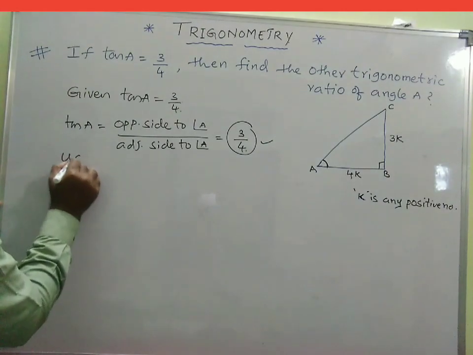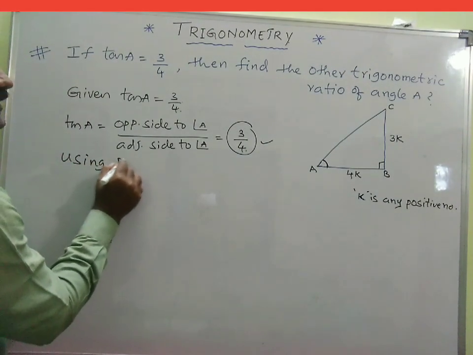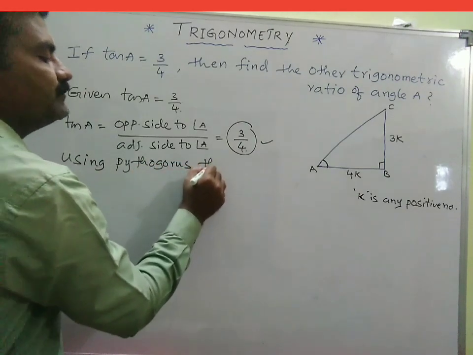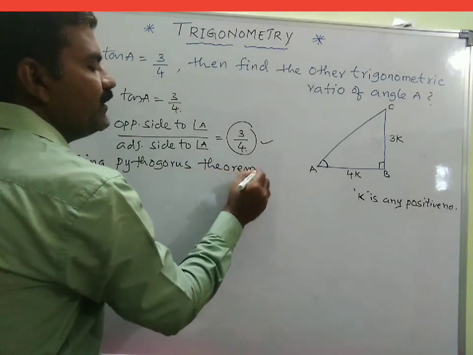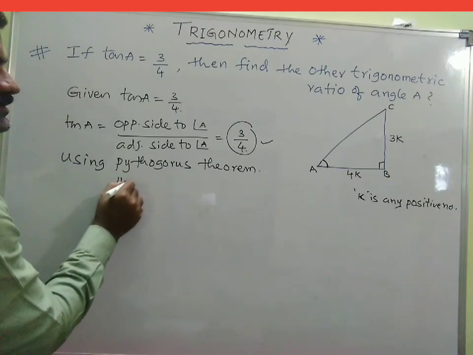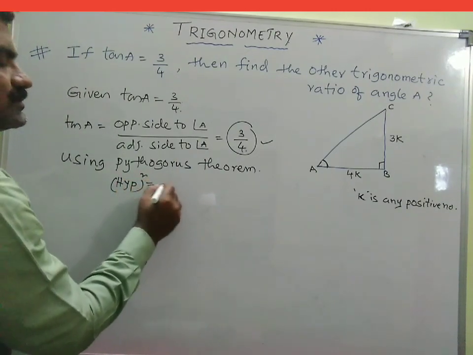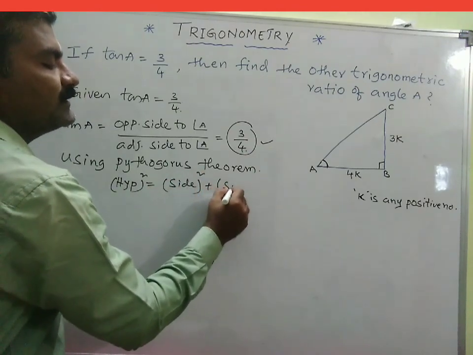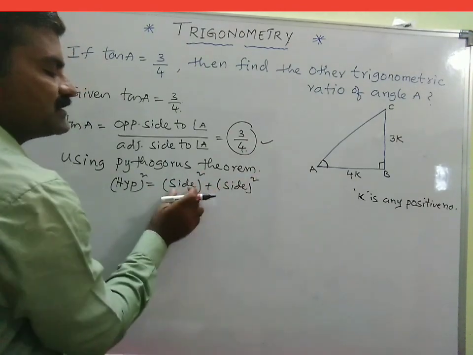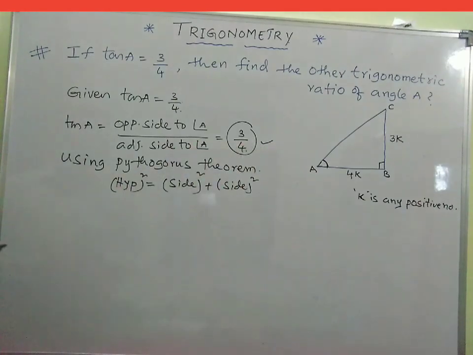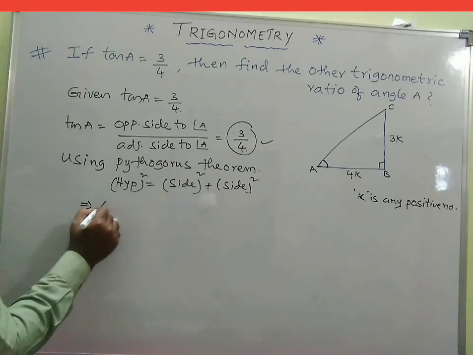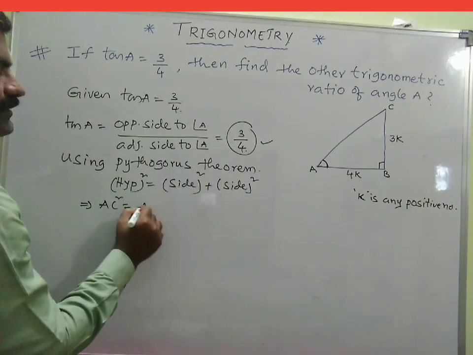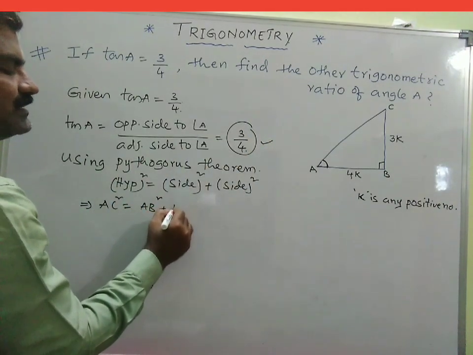So using the Pythagoras theorem. What is the Pythagoras theorem? Hypotenuse whole square is equal to the sum of the squares of the other two sides. That is, first side whole square plus second side whole square. Which is AC square, here the hypotenuse is nothing but AC square, and the rest of the two sides are